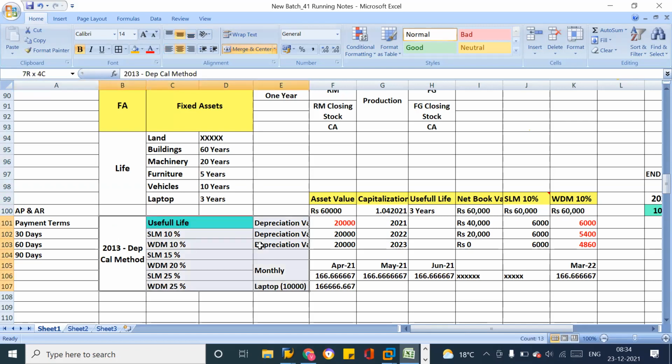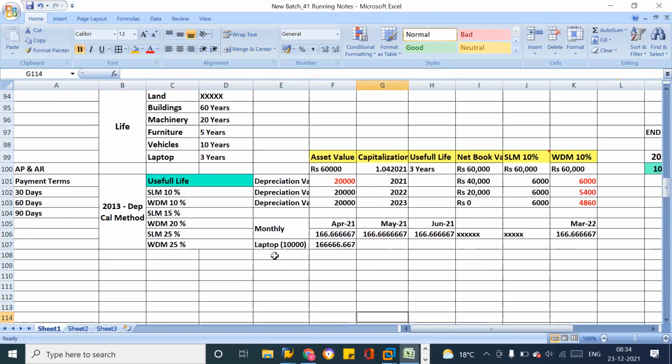This is one part. So I am going to charge the depreciation for laptops. Similarly, we have buildings, machineries, furniture and vehicles. Maybe for laptops we want different calculations, for machineries different calculations, for buildings different calculations. And whatever value we charge as depreciation,